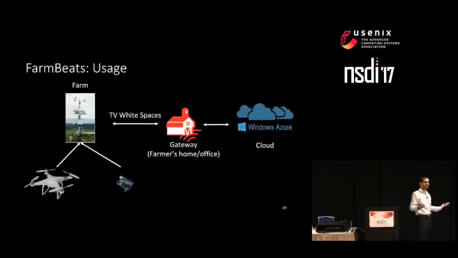From the perspective of a farmer, the farmer has to just program the drone flight once in a week or whenever he wants it. And then the drone goes over the field, collects the visual imagery. The sensor data gets combined with it and is sent over TV white spaces to the gateway. The gateway creates the panoramic overview of the field for the farmer to see, and the summaries for both the cloud and for the farmer.